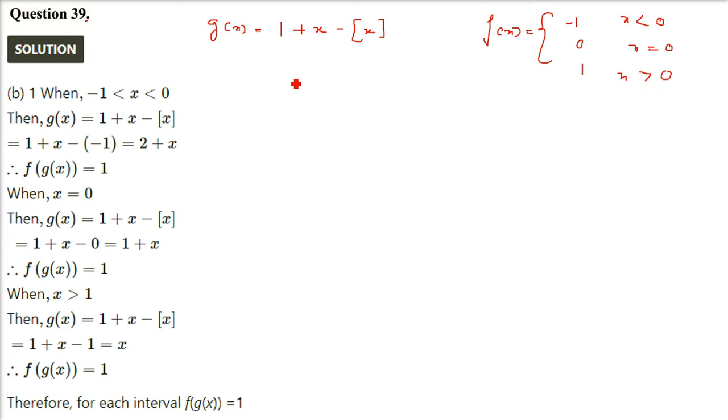So we have to find out f of g x. So f of g x. So we will talk about g x first. Whatever value g x will give you, we'll put it inside that bracket of f, and then we'll try to find out whether it will be minus 1, 0 or 1 depending upon the condition. So how to do this? Because there are variations here.